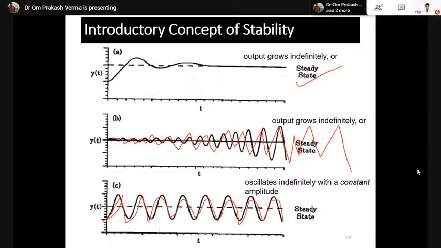Anyone wants to comment on this stability? Oh, we are on the live. Sorry. Okay. So,